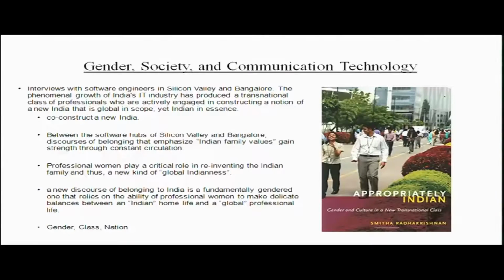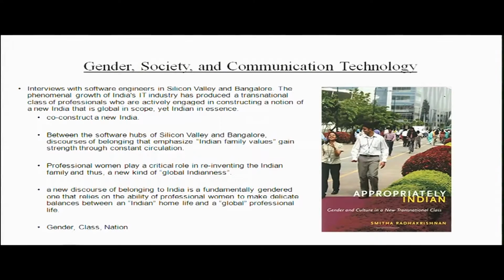In this respect, there is a very significant work done by Smitha Radhakrishnan, where she talks about gender, society and communication technology. Here Radhakrishnan interviewed software engineers in Silicon Valley and Bangalore, and looked at the phenomenal growth in India's IT industry that has produced a transnational class of professionals who are actively engaged in constructing a notion of new India that is global in scope yet Indian in a sense. And much of this recreation of an idea of Indianness